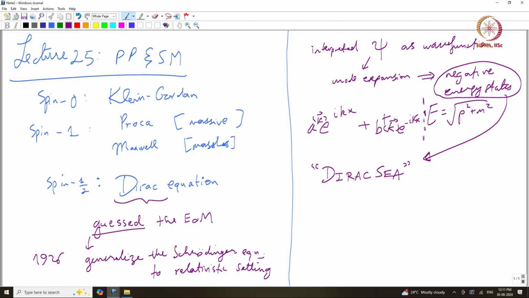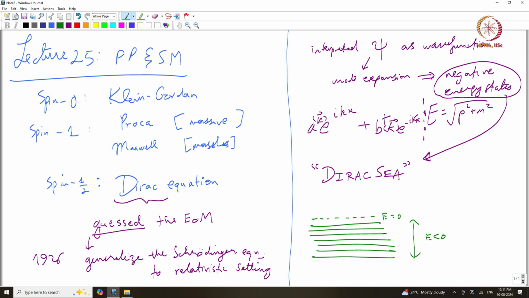What is the Dirac sea? He said that actually the universe at every point contains negative energy states also. So, let us call this 0 energy. And then he said because these are fermions, all the negative energy states, which constitute E less than 0, are already filled, because they are after all like a Fermi sea,